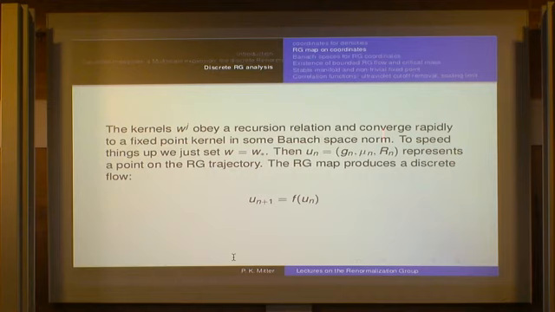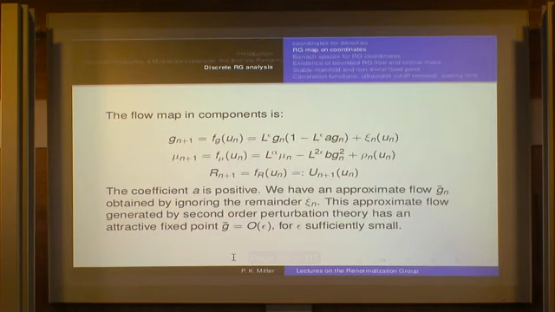I could also put in W_N, but since it's fixed to be W star, I don't think about it anymore. It represents a point of the RG trajectory. The renormalization group map produces a discrete flow, U_N goes to F of U_N, and its components are these. G_{n+1} is the G component of the flow, and this reads,